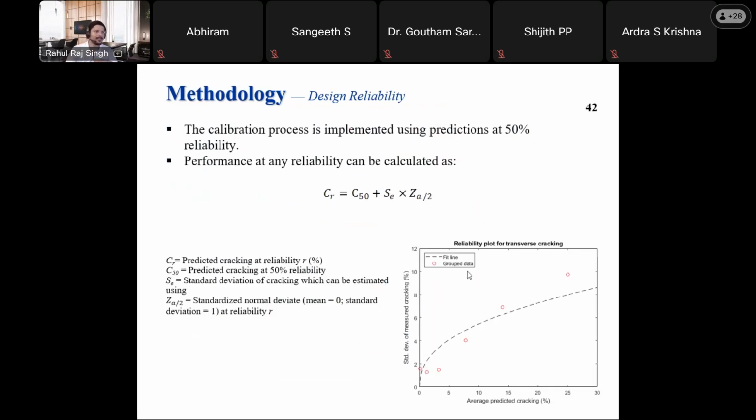How do we calculate it? We calculate the average predicted cracking. This is just an example of cracking. So we take the average predicted distress and the standard deviation of measured distress, and we create a fit between them. From here, we get the standard error. Now the predicted cracking is equal to, we always predict at 50% reliability and add a certain component, which is a normally distributed component, to add the reliability into your final number. So for example, if 50% reliability